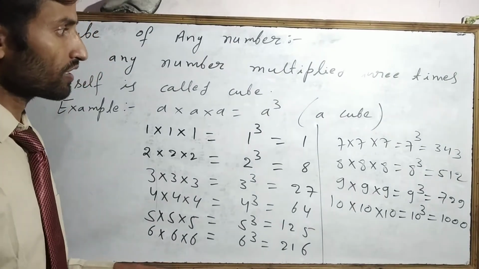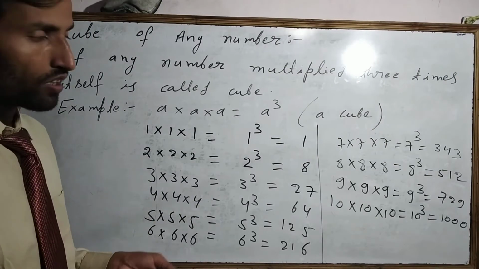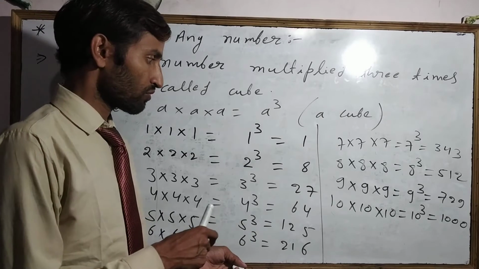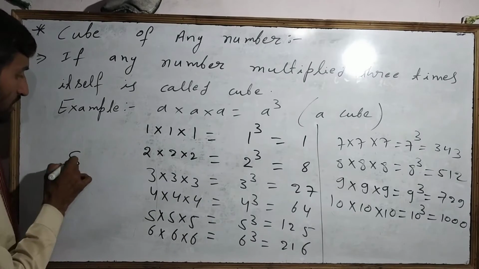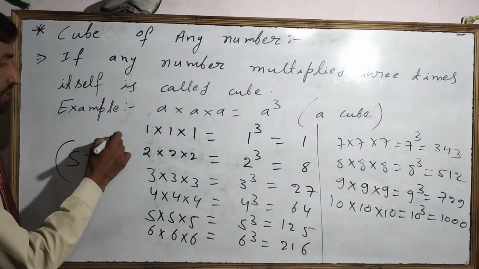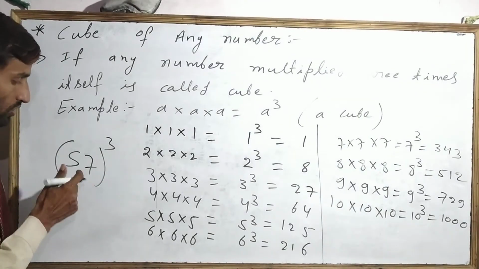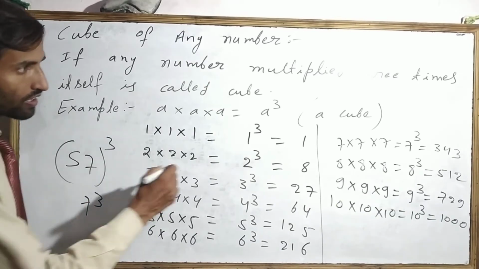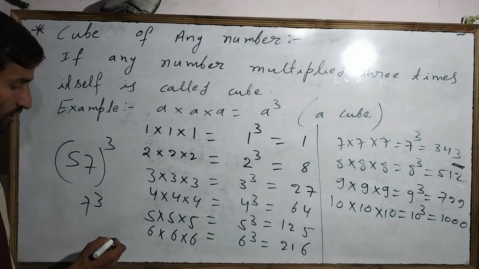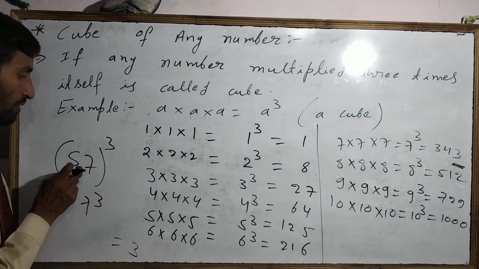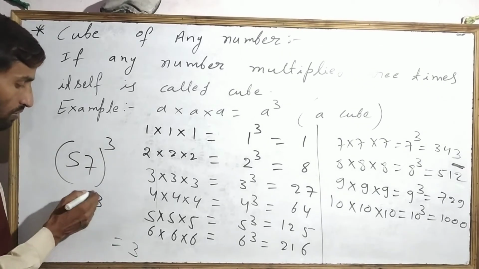If any question comes like this, where a bigger number is given and we have to find the unit digit of the cube of that number, there is no need to multiply that number 3 times. Just see the last digit. If I write 57 and we want to find the unit digit of its cube, just see 7 cube. 7 cube ends with 3. If you remember that, then this whole number also has unit digit 3. Means if you multiply 3 times, the unit digit will come the same, 3. So no need to multiply, just remember the cube of 7.